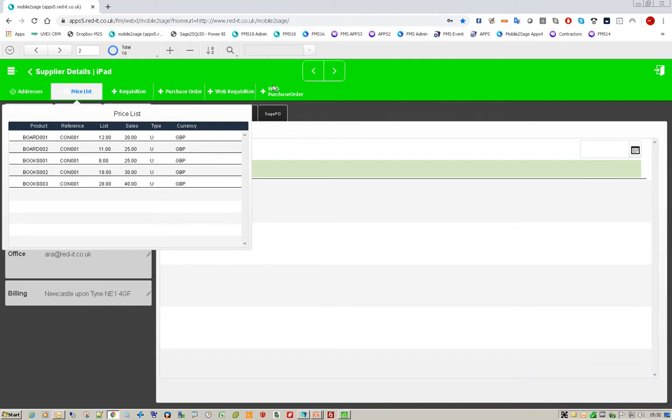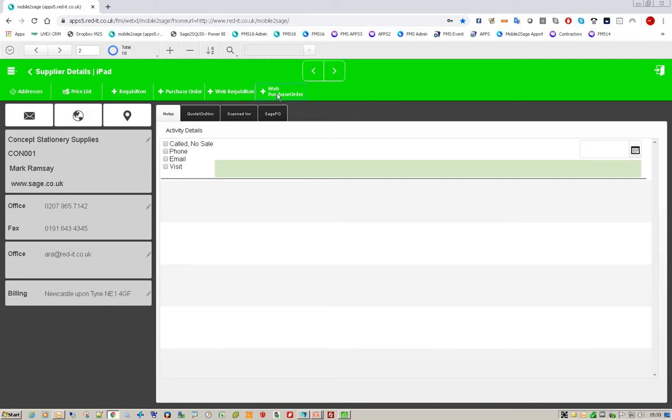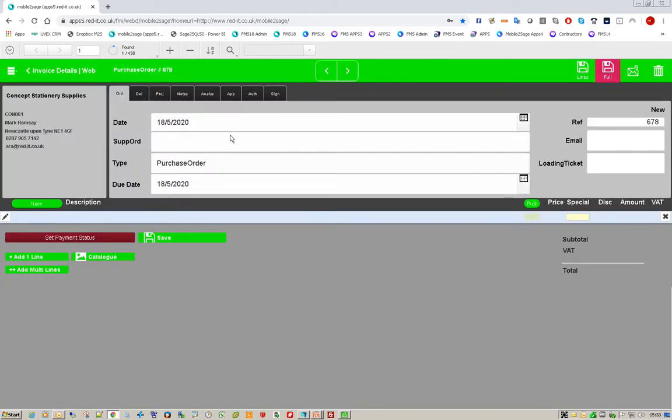We've got lots of modules in Mobile2Sage including requisitioning, but I'm just going to keep it nice and simple and just raise a web purchase order. To make things easier, I'm just going to give it a reference so that we can find it later, and then having done that, I can add things to it either in single lines or multiple lines or using